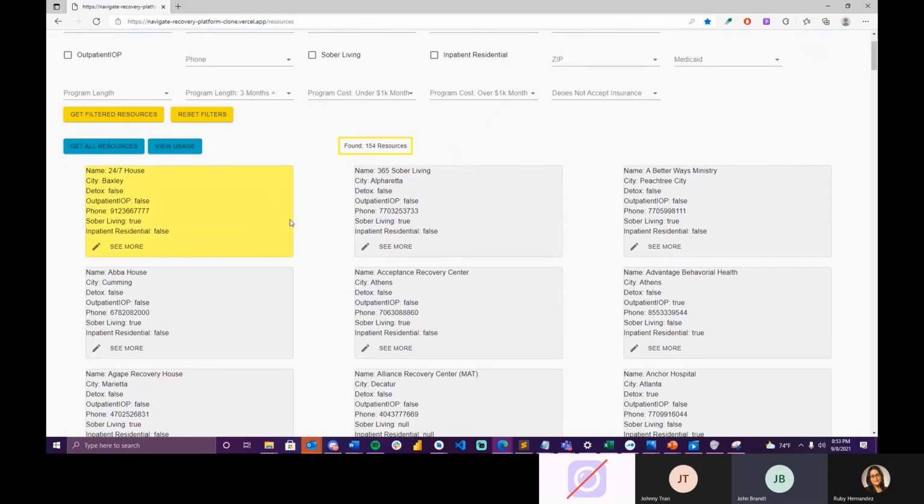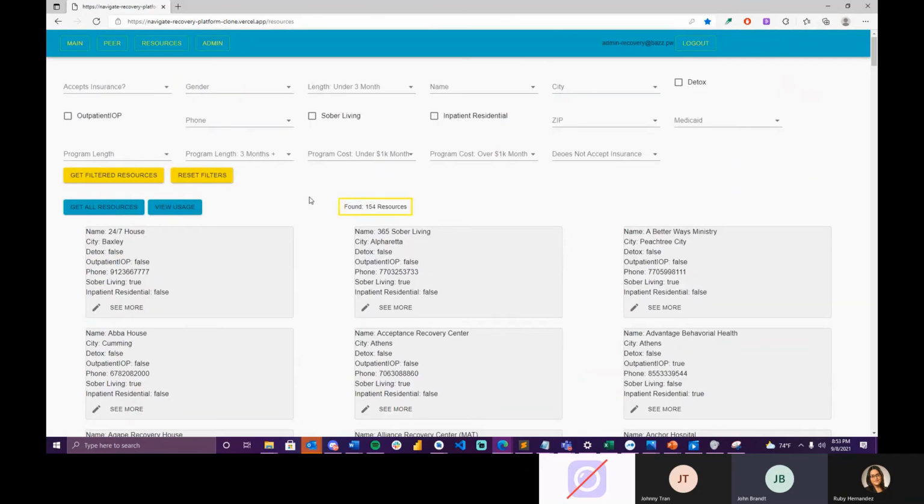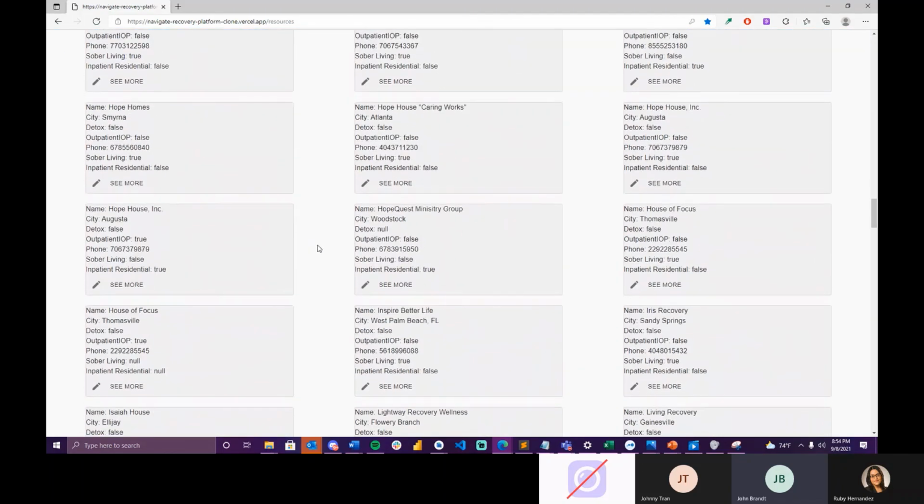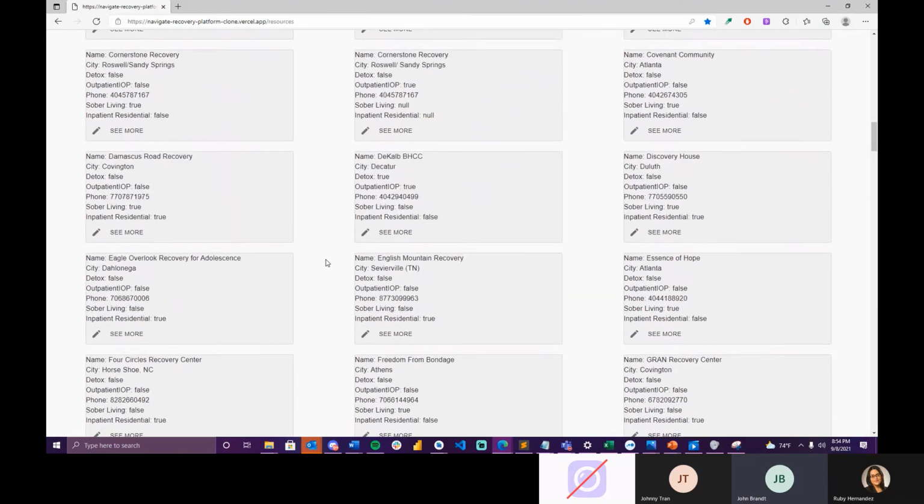The resources are actually organizations that help. These can be hospitals, halfway houses, rehab facilities, etc. As you can see right now, there are a lot of filters here. We will be removing some of those to declutter and possibly adding an advanced filter option. And we will be using pagination so that we don't have all of these loading at once, which should speed up